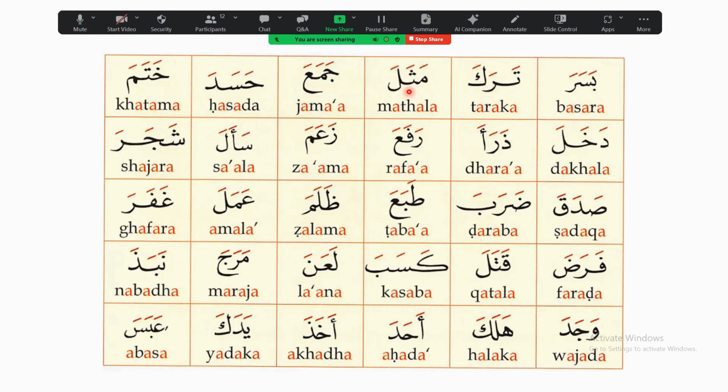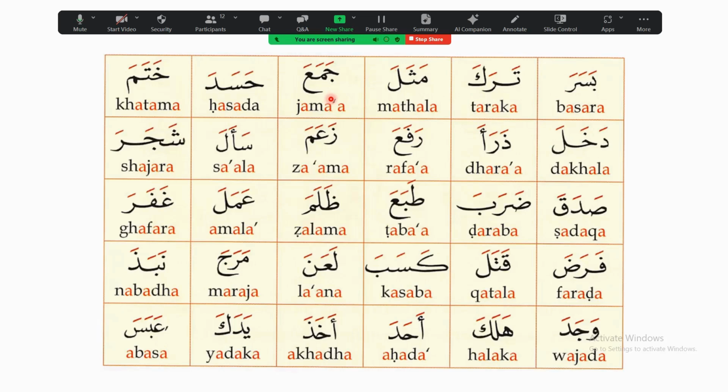mathala, mathala. This is meem letter, and then tha letter, tip of the tongue touches the tip of our upper teeth, and we make this soft sound and say tha, mathala. This was basara, taraka, mathala,